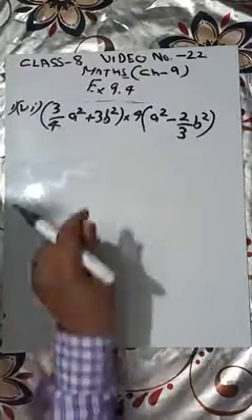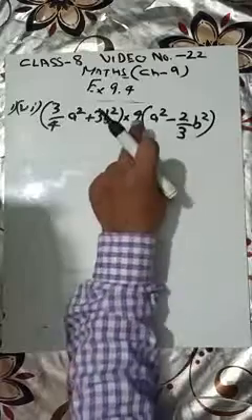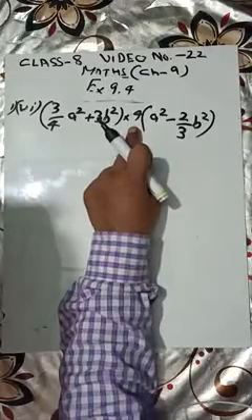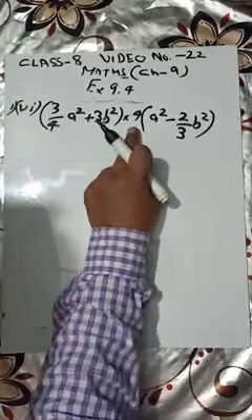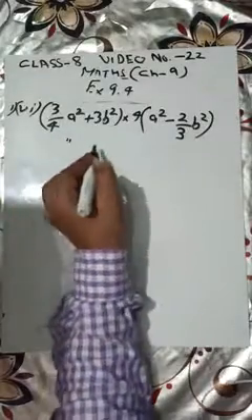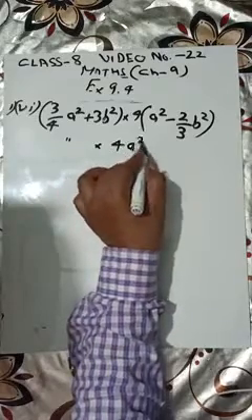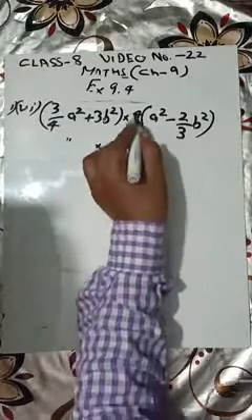Now another question. This is going to multiply with this. But before this, there's a 1 by 4 here. It means that you have to first solve this. So you write like this as it is. This is going to multiply this 4a square, and then it's going to multiply with this.